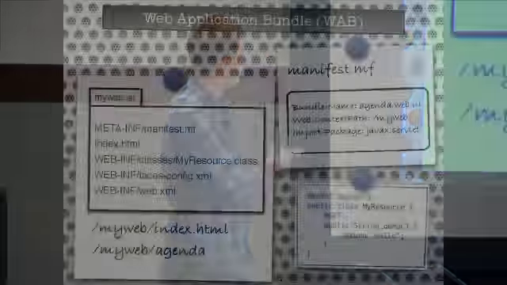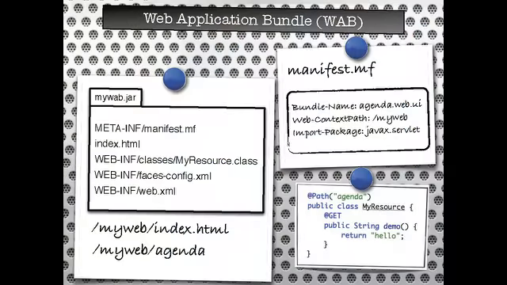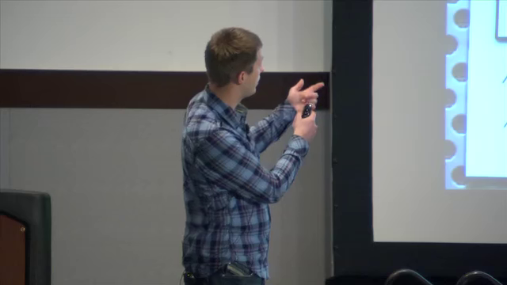It just looks like this. I have some code, like in this case, the JAX-RS resource. I have my manifest, and the only special thing about this manifest is that it has a web context path. This tells the application server that it has to listen on a certain context path. So in this example, the agenda example will listen on my web, because that's my context path, agenda. And writing that manifest is the only extra thing that I have to do to start using OSGi instead of just using plain WAR files. And of course, I can have many WAB files, all with maybe one resource in it, so they're all separated modules.